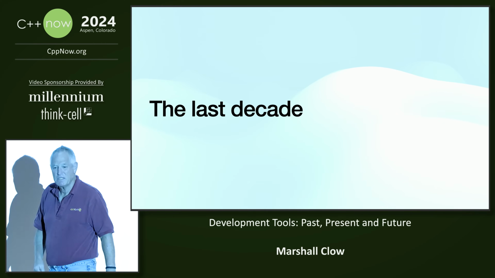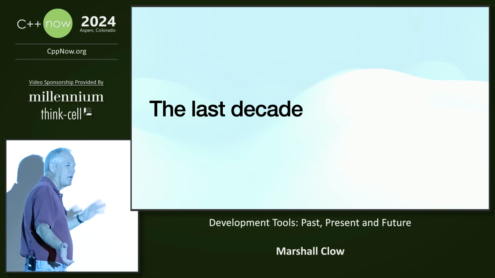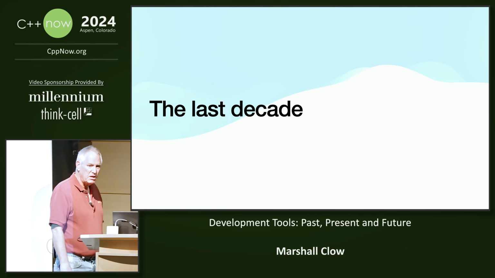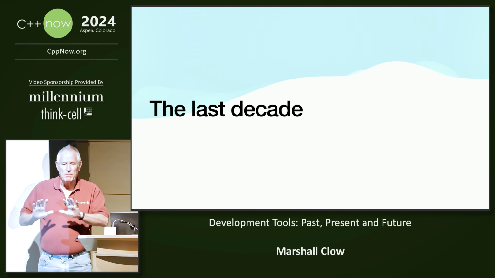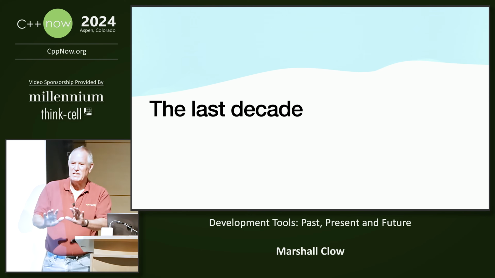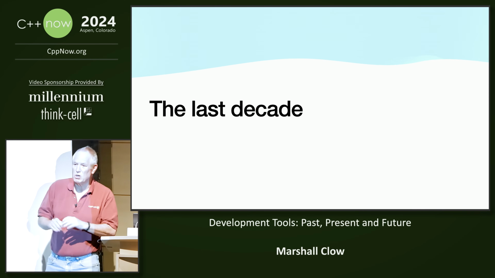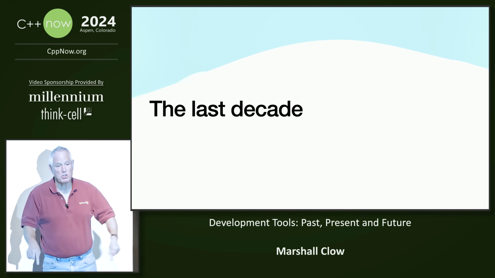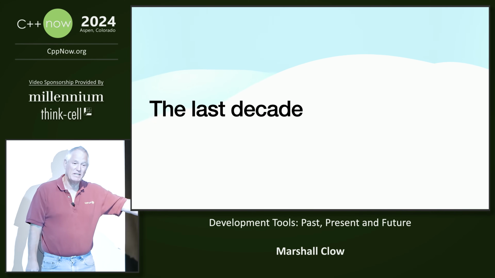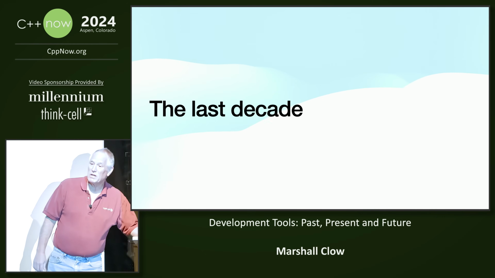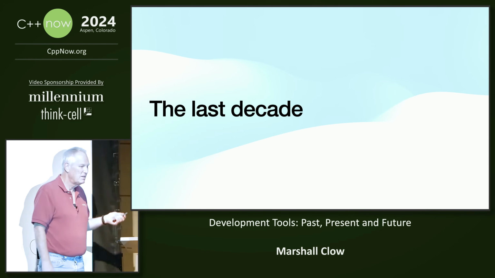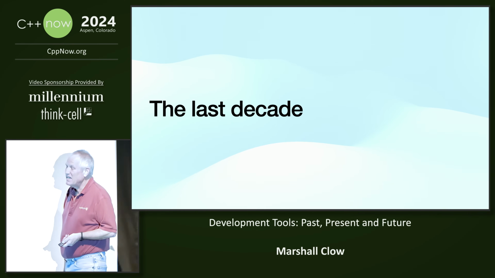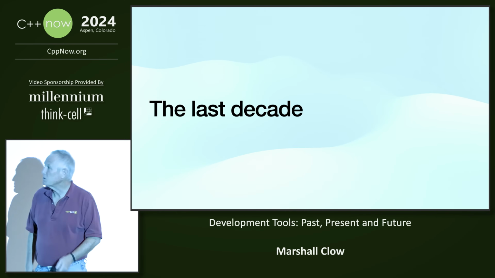The last decade, starting around 2014, to my mind has been a golden age for software development tools. Except I want to push back on the idea of golden age, because usually when people talk about a golden age of something, they're referring to something in the past, and things are much worse now than they were during the golden age. And I don't want to give that impression. Don't worry, things will go downhill. Anyway, the last decade has seen an explosion of tools to help developers.